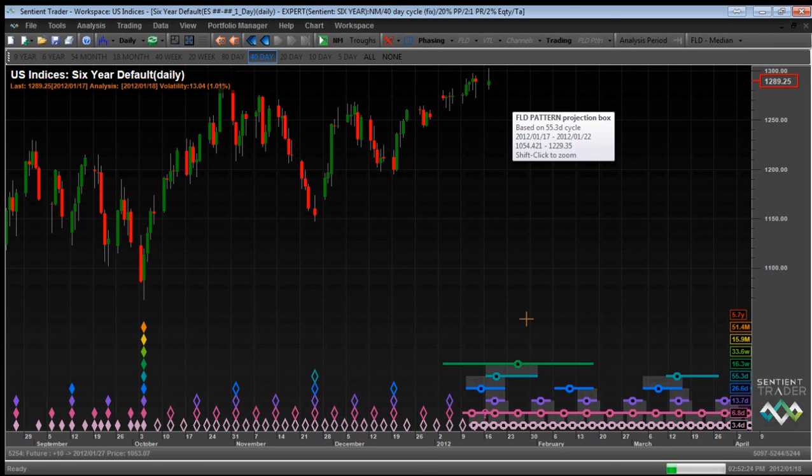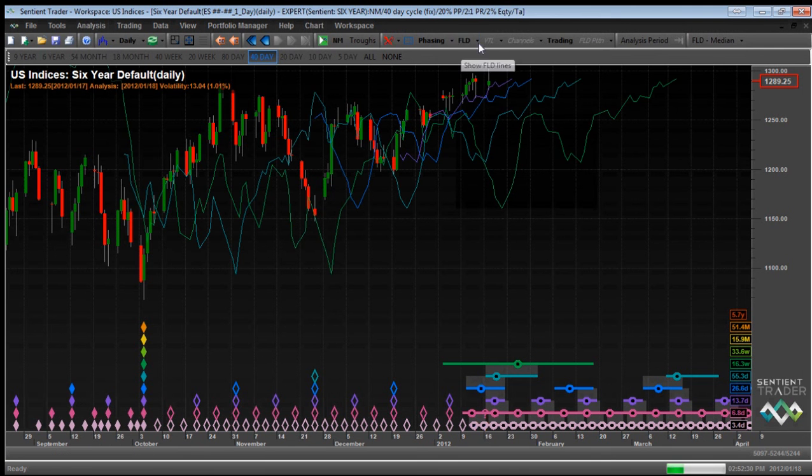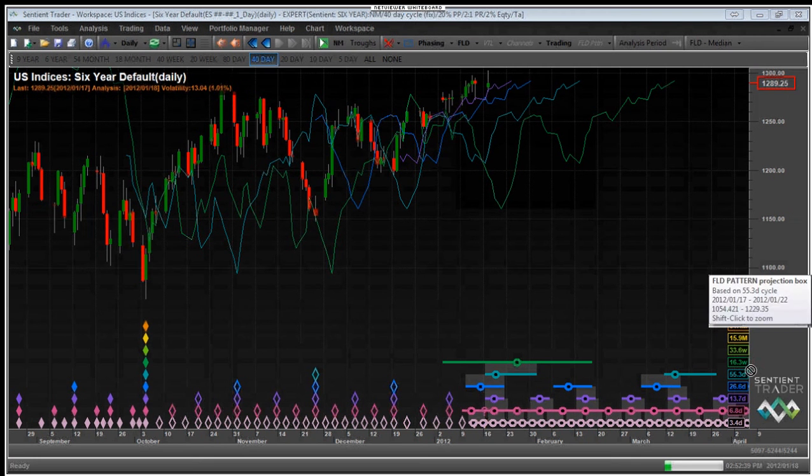Okay, it's got to do with what I call the robustness of Hurst cyclic theory. Why is that? Well, if this analysis turns out to be true, then what are we expecting? We're expecting price now to fall into a trough of the 20-week cycle towards the end of January. Okay, so we're expecting price to fall and come down to a lower level than it is at the moment. And if we put up some FLDs, you can see there's a bit of a cascade pattern developing over here. So we are expecting price